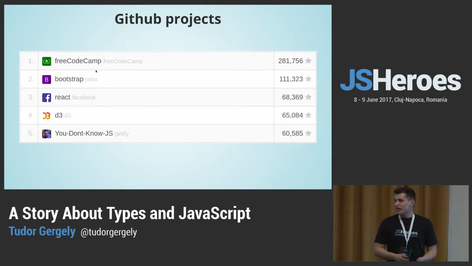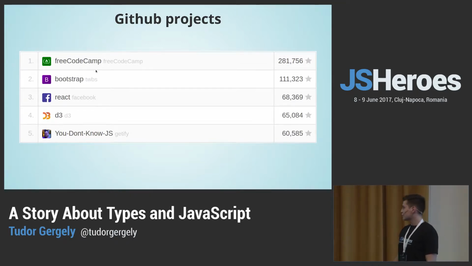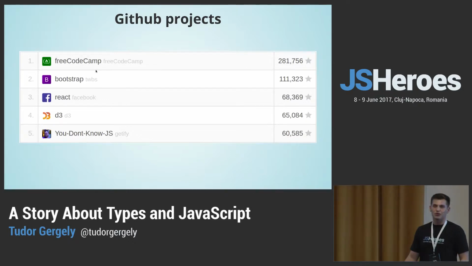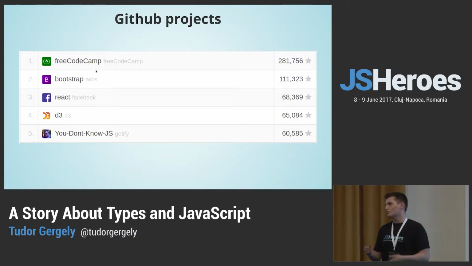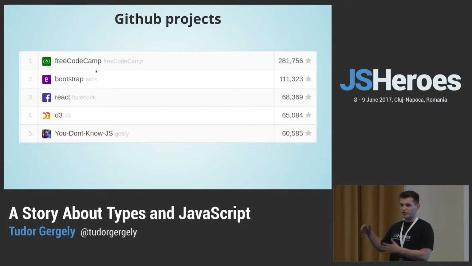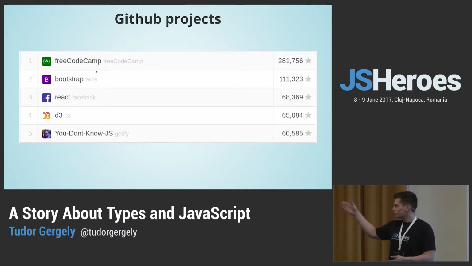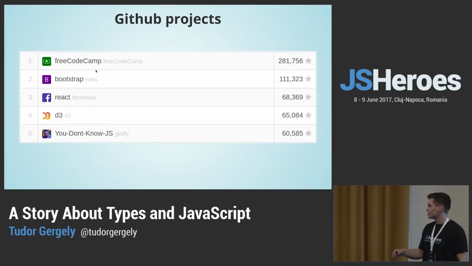Okay, but you cannot have programs without a few popular projects. This is GitHub. I'm sure you all know about GitHub, and those are the top 5 projects if you rank them by the number of stars. Can you count how many of them are built using JavaScript? I will do it for you. It's 5, yeah. It's a top 5 with 5 projects built using JavaScript.